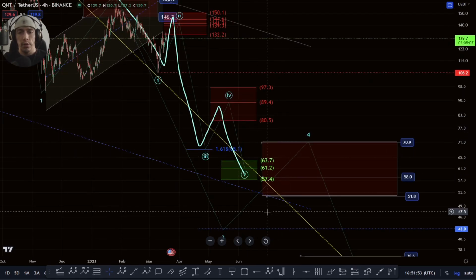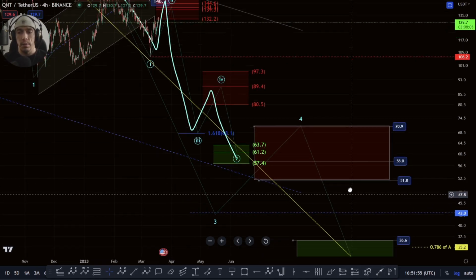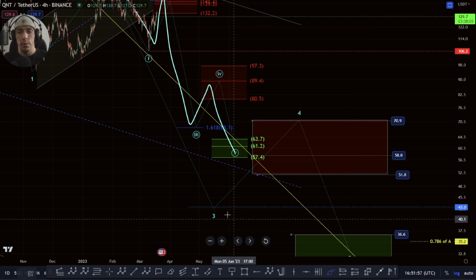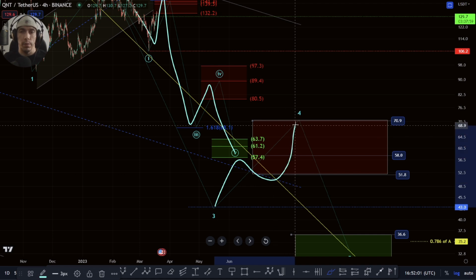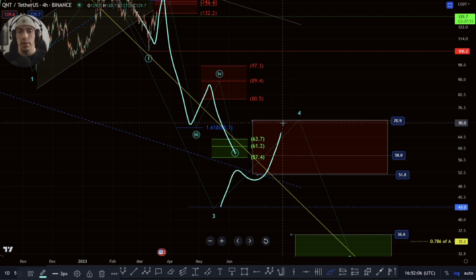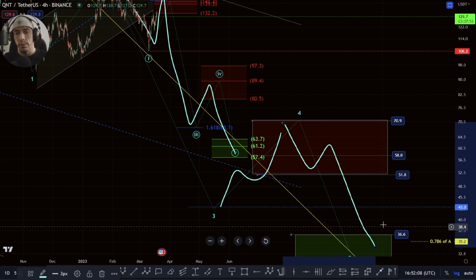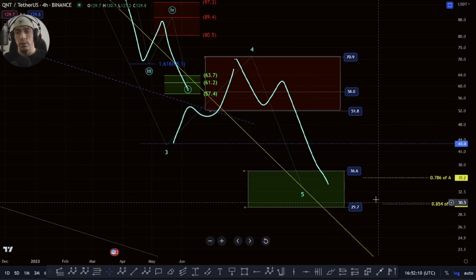correction. However, if we do look to actually extend out deeper and we look to move deeper towards this $43 area, potentially what we'd have to be cautious of would be 3-wave structure to the upside. If we form a 3-wave move up, potentially we could find an additional 4th and a 5th to the downside, which could actually look to push us down rather deeper towards this 36.6 to this